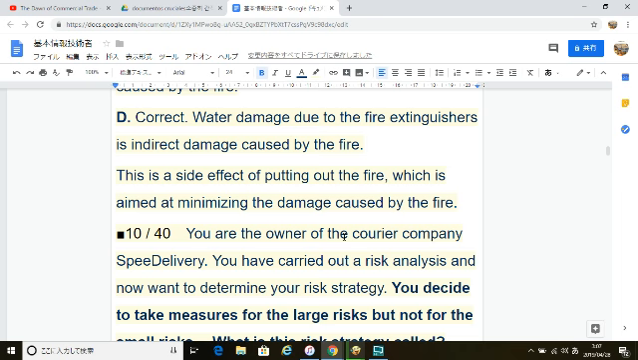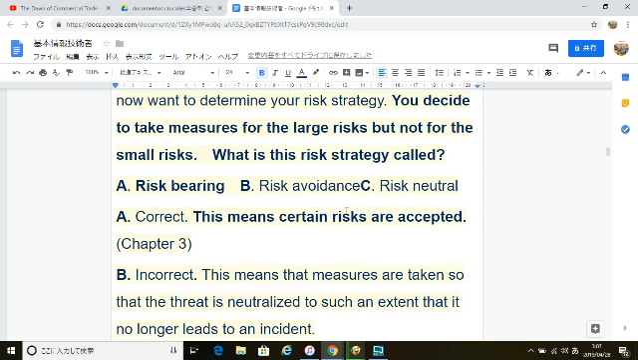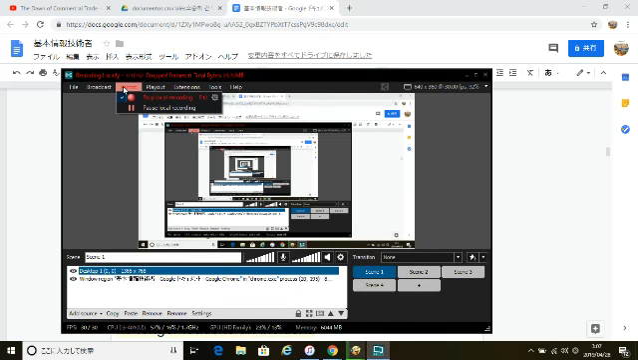10/40 You are the owner of the courier company Speed Delivery. You have carried out a risk analysis and now want to determine your risk strategy. You decide to take measures for the large risks but not for the small risks. What is this risk strategy called? A. Risk bearing. B. Risk avoidance. C. Risk neutral. A. Correct. This means certain risks are accepted. Chapter 3. B. Incorrect. This